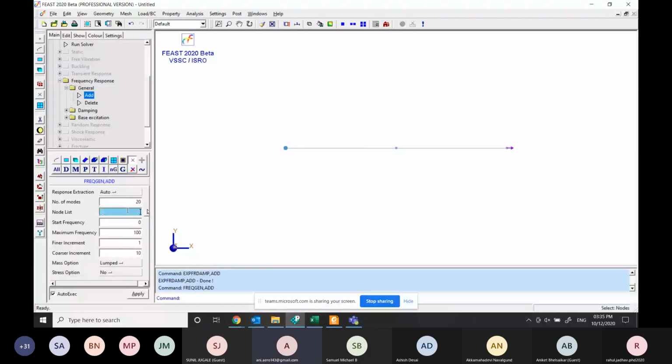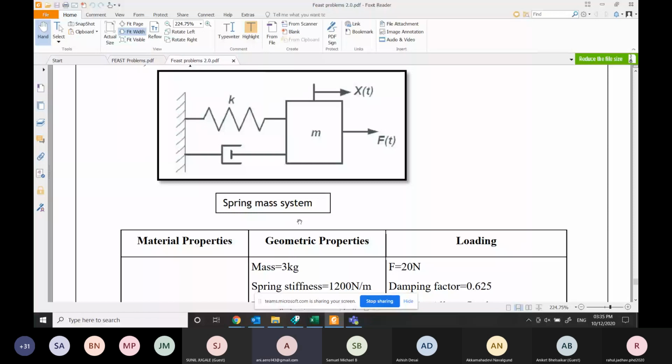Node list: we have to select the particular node where you are interested to see the results. Now I'll just open the PDF. You can see that on one side it is fixed. That means the displacement at node number 1 is 0.